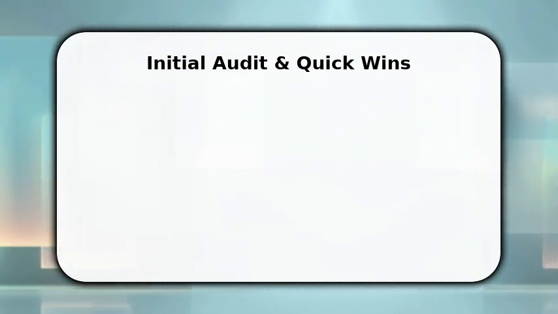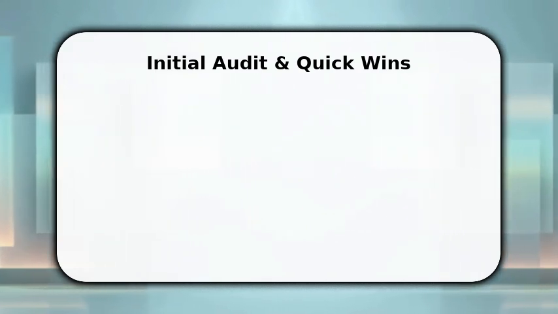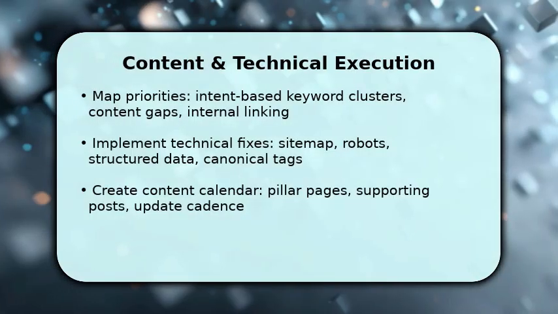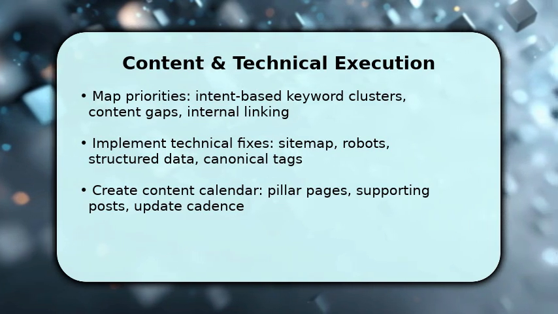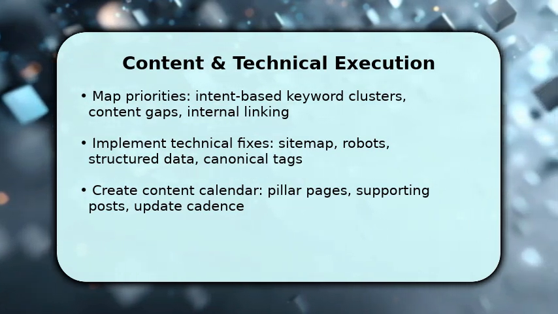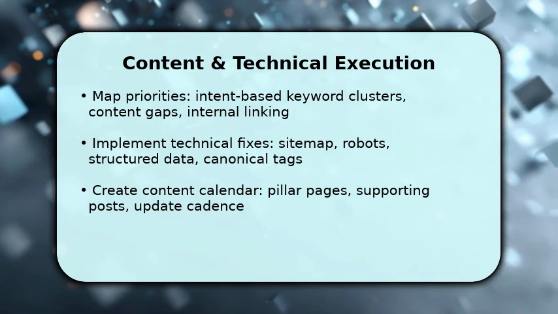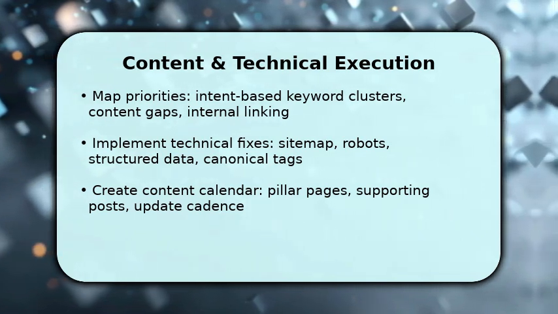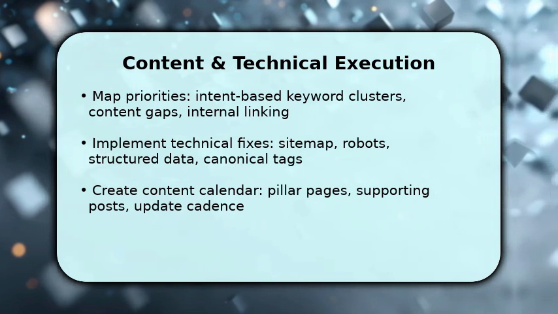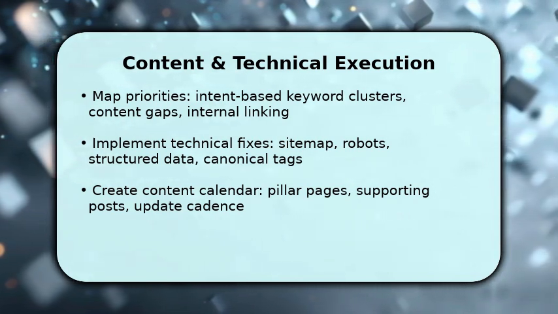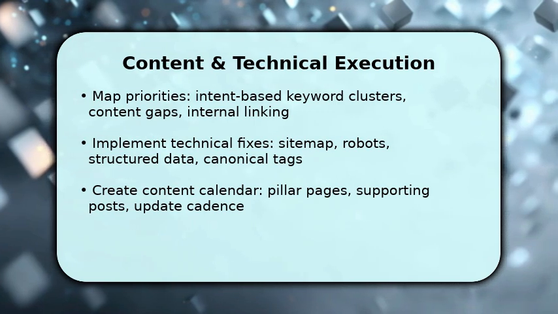You now shift into execution, combining content strategy with technical SEO. Map keyword clusters by user intent and fill content gaps with pillar pages plus supporting posts, and then build internal linking to funnel authority. Meanwhile, implement technical fixes: update sitemap, robots directives, canonicalization, and structured data so search engines interpret